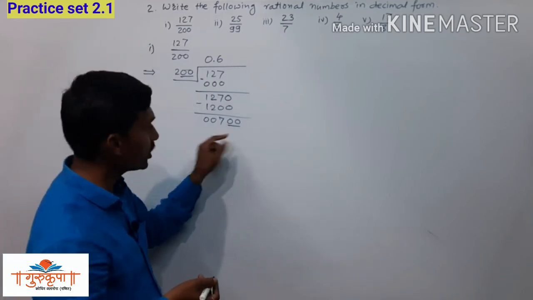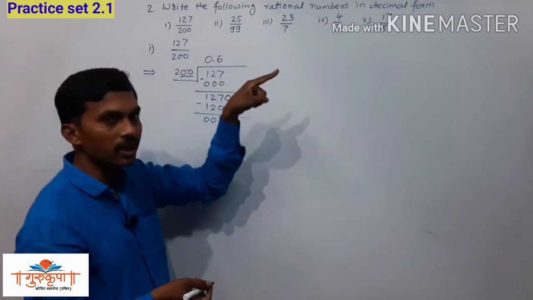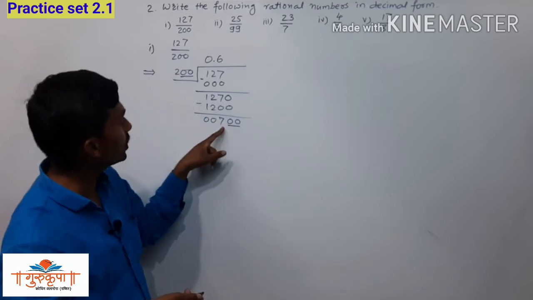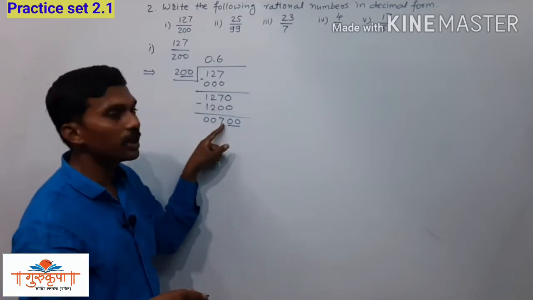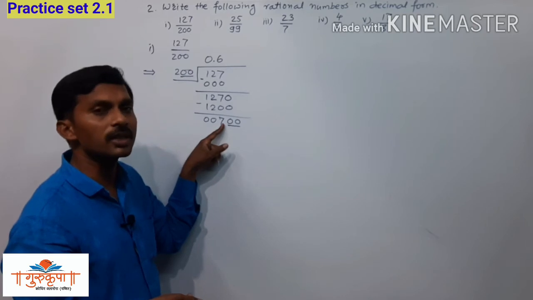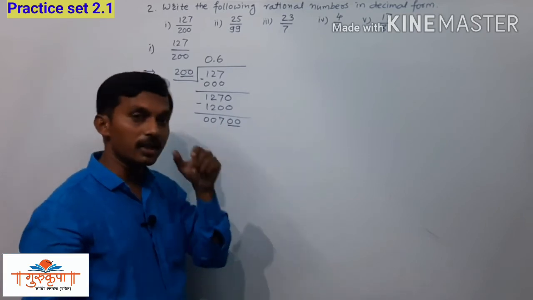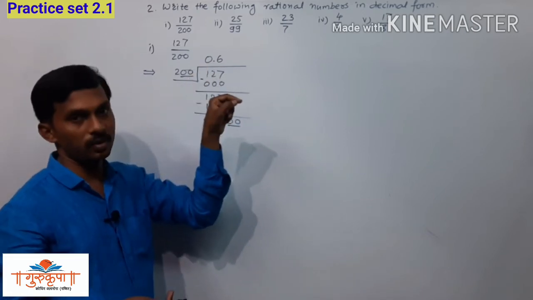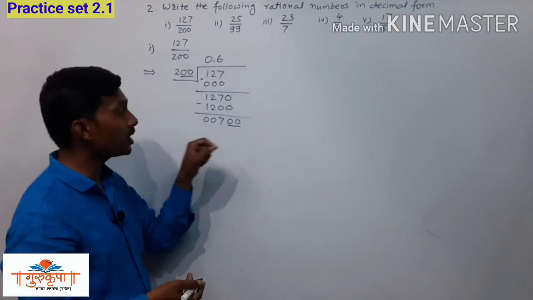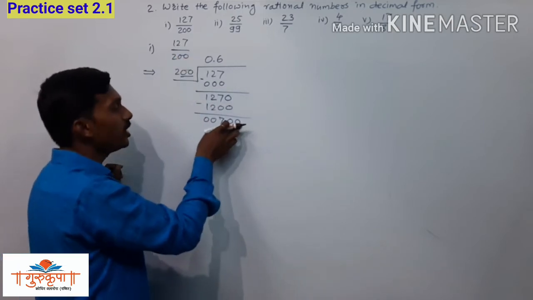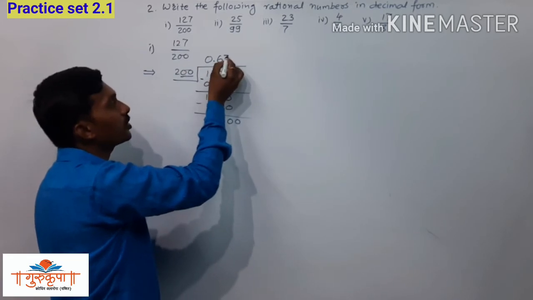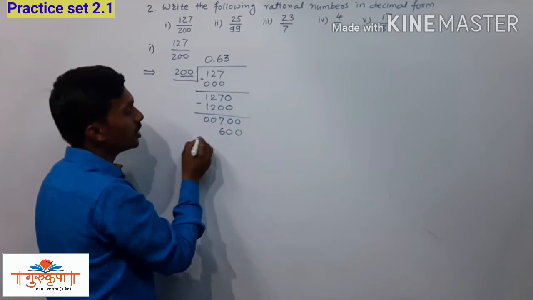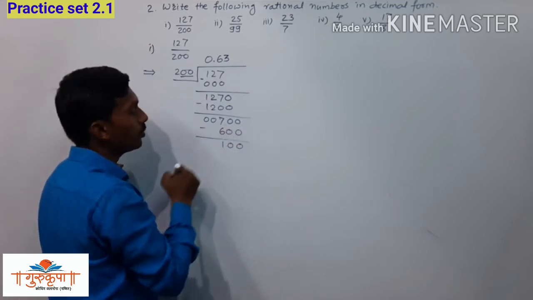So we have to check. Now here we have 700, and if we multiply 200 by 3, that is the approximate quotient. How do we get that approximate quotient? We have here 7 and we have 2. 7 divided by 2 is 3. 2 3s are 6. Actually we have 7, but that is the possibility of getting quotient 3. So 200 multiplied by 3 is 600, and we have 700. So we can easily divide this 700 by 200, and the next digit is 3. Now 3 multiplied by 200 is 600. Now take the subtraction, and it is 100.